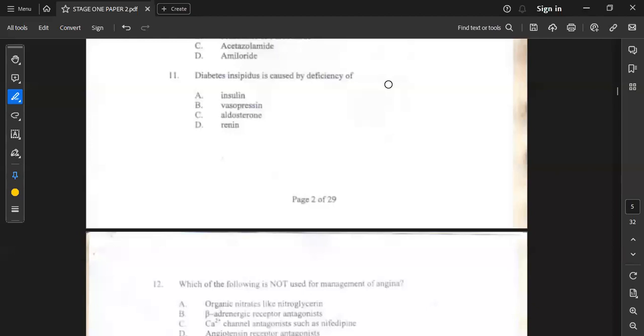So we can use desmopressin in central, right? Right. Yes. So for central, we'll use the desmopressin, but for the nephrogenic, ironically or paradoxically, we can use the thiazide diuretic hydrochlorothiazide. Why? Because